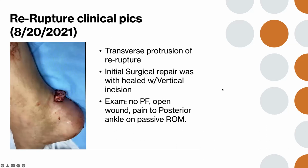So this is what was seen and what was taken upon the injury that happened. The patient showed it to us, and you can see the transverse protrusion of the re-rupture. Obviously, the initial surgical repair that was done was healed, and that was a vertical incision, so no issue with that. But when a patient sustains this kind of injury, on exam you're going to expect no plantar flexion. Your concerns are you have an open wound and significant pain to the